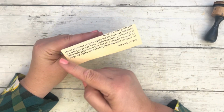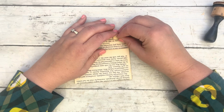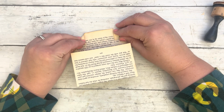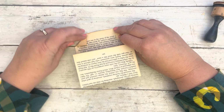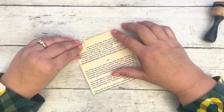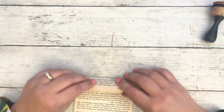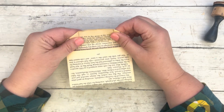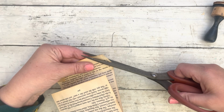You could even do envelope corners, you know, if you kind of folded these in. If I could fold it straight, which is looking to be challenging right at this moment. For whatever reason. There we go. You could do it like that too. And then let's just trim them off. I'm going to glue them down, but